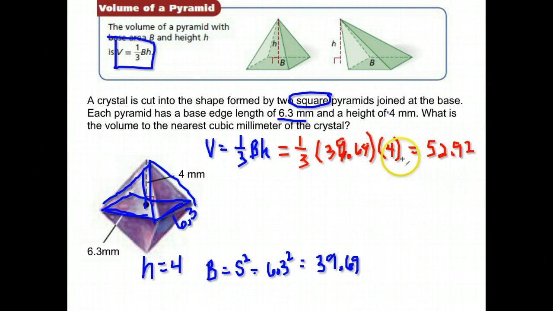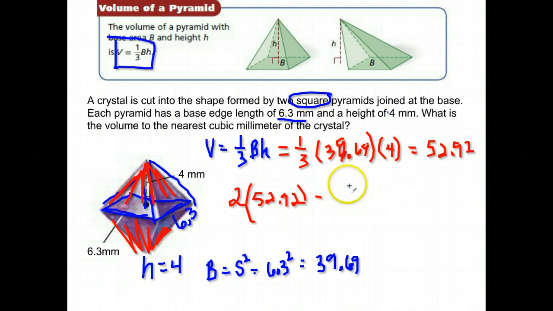All right, from there we had not just this pyramid on top, but an identical one to it on the bottom. So for the full volume, I'm just going to take 2 times the volume of one of the pyramids that I just found. So I take 52.92 times 2, and I get 105.84. Now it wanted it rounded to the nearest cubic millimeter. 105.8 would round to 106